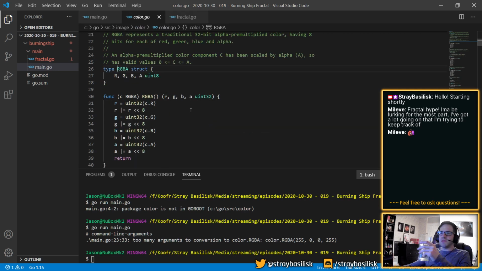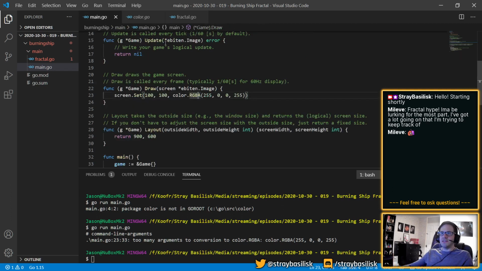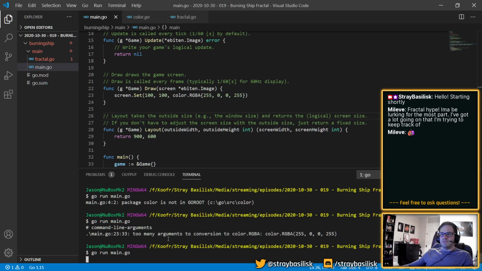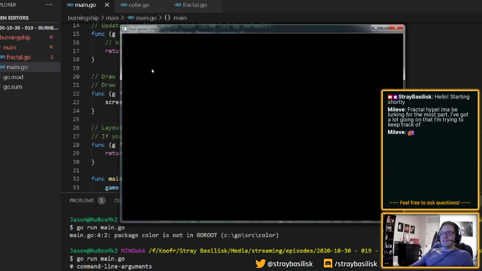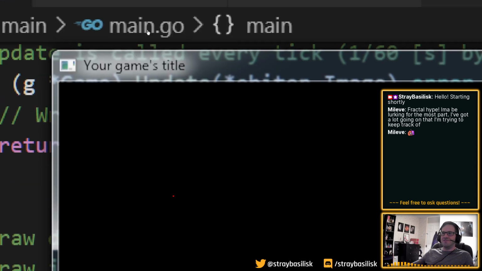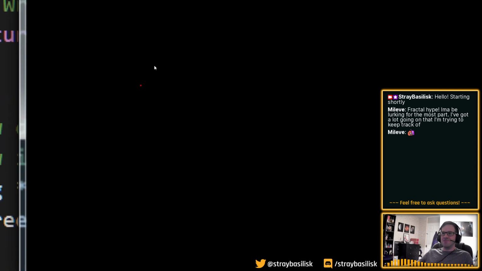What is this? Oh, it's a struct. Interesting. Okay, so what I should actually do is initialize a struct like that. And there. If I zoom in for you guys, we should see a little red pixel. Okay, so I'm able to